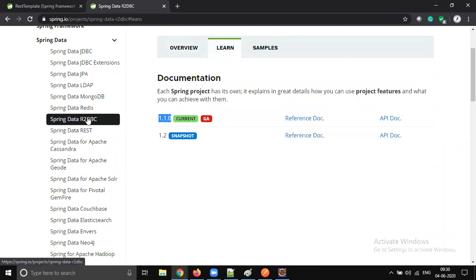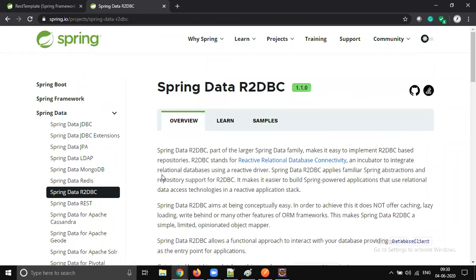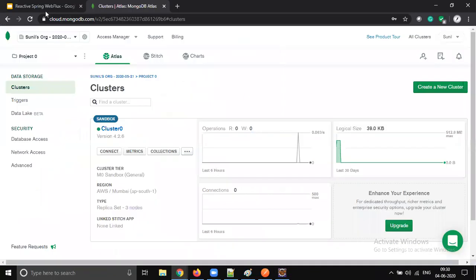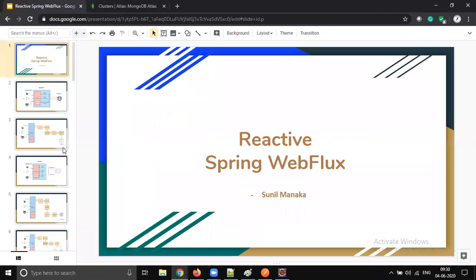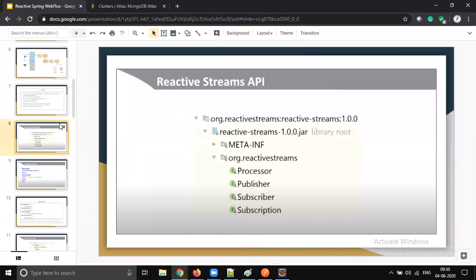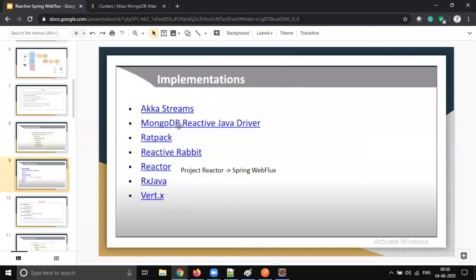So at this point of time, mostly the companies are using Spring WebFlux with MongoDB, because MongoDB has this reactive support, right? In our yesterday's slide, we saw that, right? As part of the library section, who provided the implementation for this reactive programming? The MongoDB reactive Java driver, right? So that is the reactive Mongo driver, and the reactive Mongo repository is being used internally.